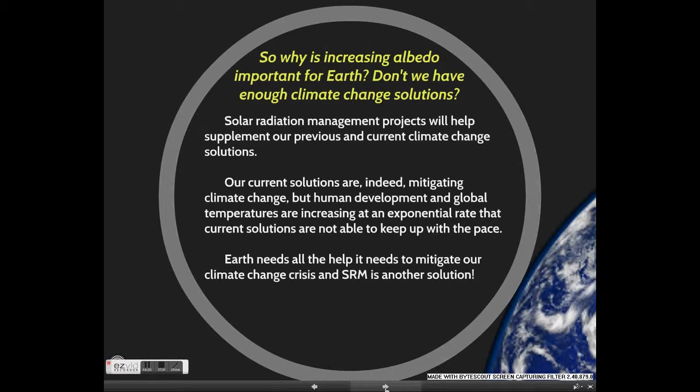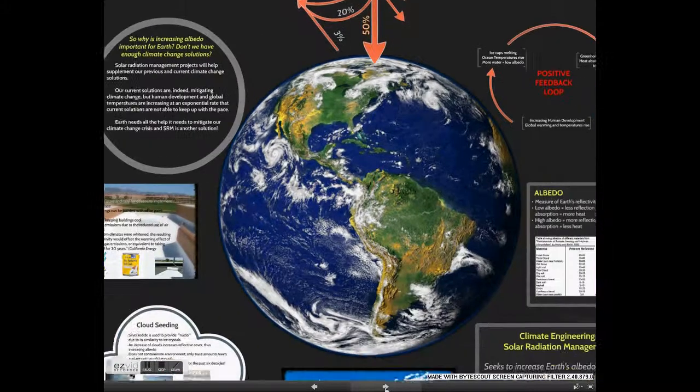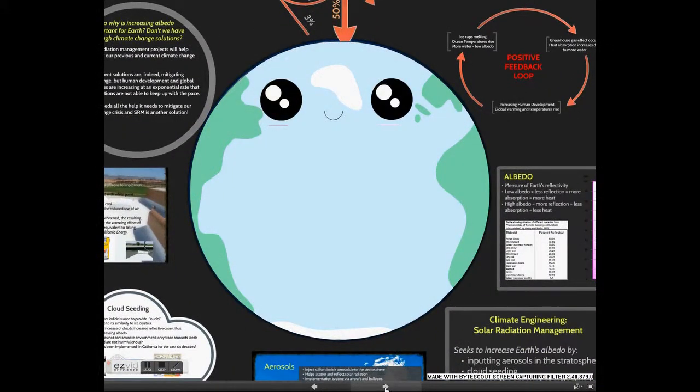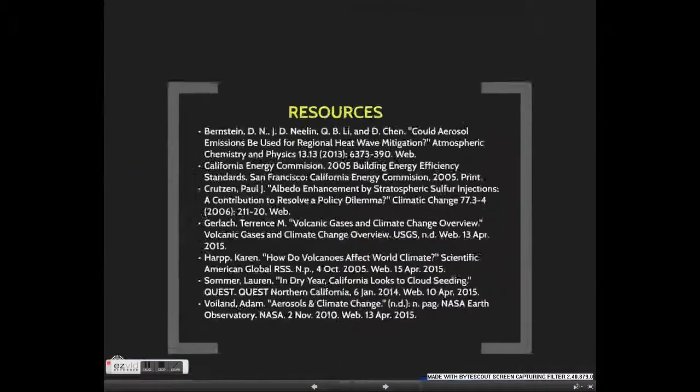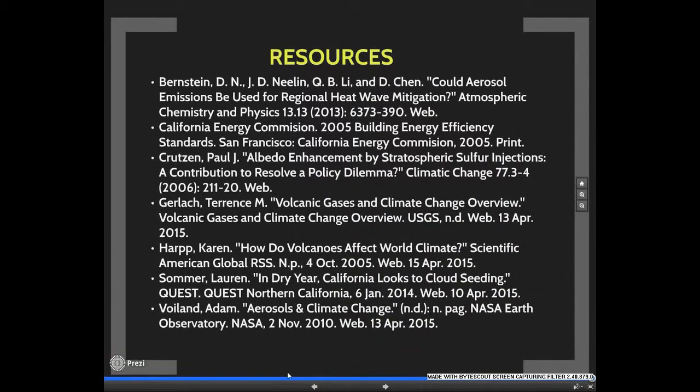Our current solutions are, indeed, mitigating climate change. But human development and global temperatures are increasing at an exponential rate that current solutions are not able to keep up with the pace. Earth needs all the help it needs to